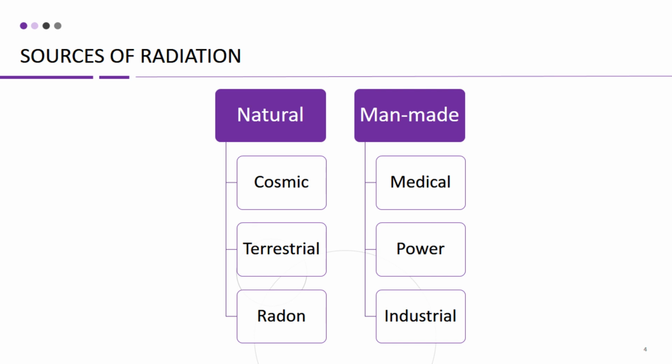Some industries, such as mining and nuclear fuel processing, can produce radioactive materials that can be released into the environment and potentially expose workers or nearby communities. It is important to note that while radiation can be harmful, the dose and duration of exposure play a significant role in the level of risk. Natural background radiation is present all around us and is generally not harmful in small doses. Man-made sources of radiation are typically tightly regulated to minimize the risk of exposure to workers and the public.